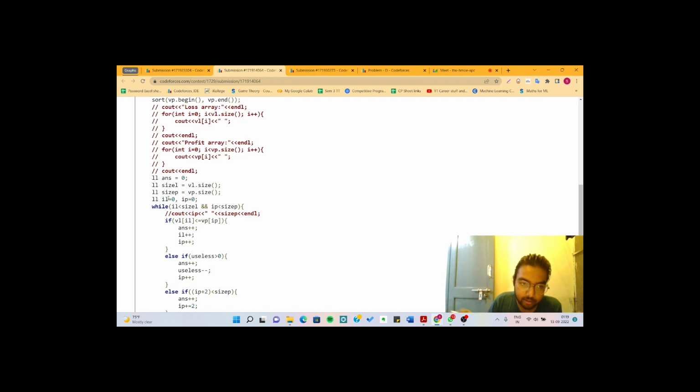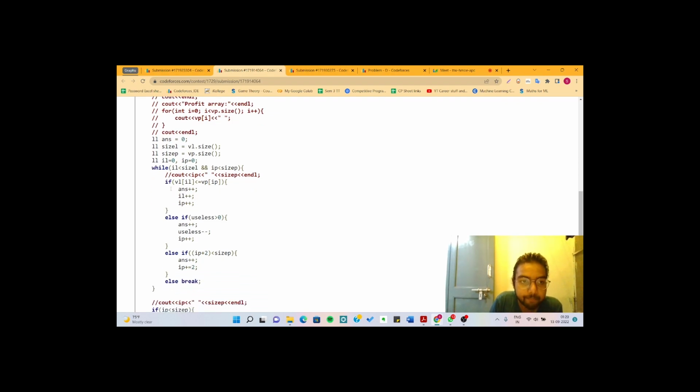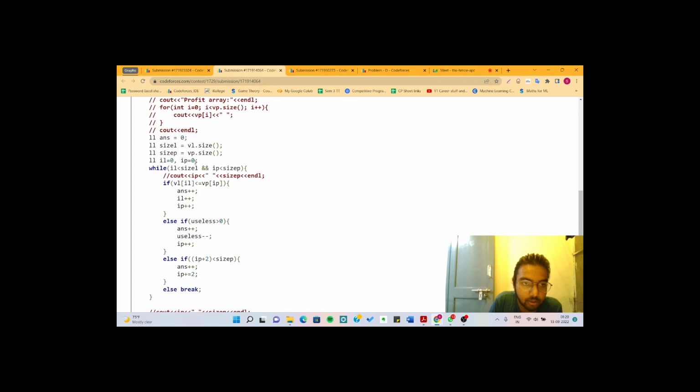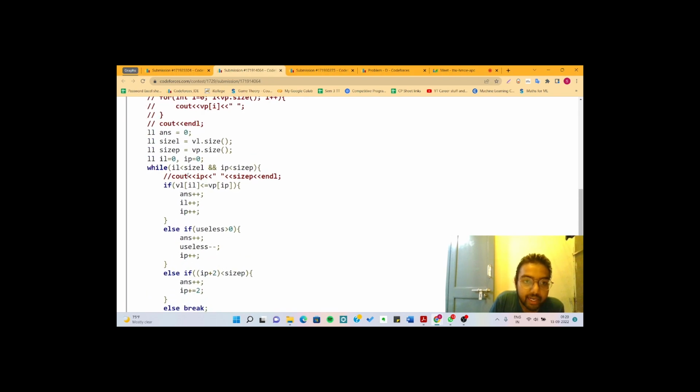Like how many profit people have pushed out, how many people who generate profit have visited the restaurant, so that I don't mention their name again. So IL is the number of lost people, IP is the number of profit people who have visited the restaurant. Okay. Now, while IL is less than size L and IP is less than size P, like till I either